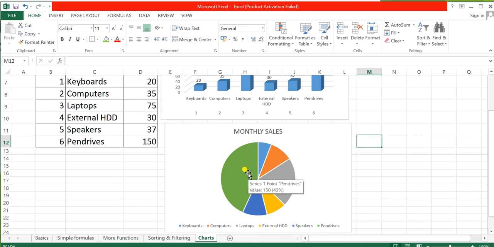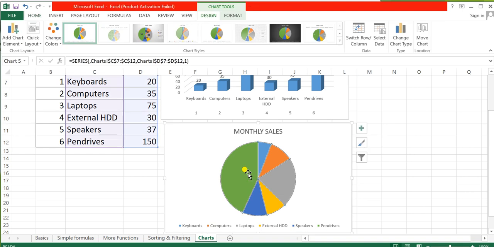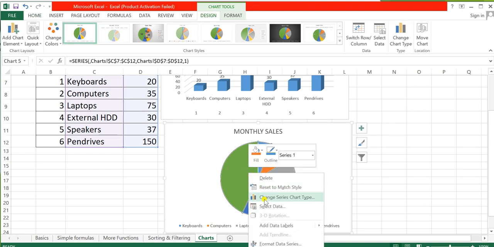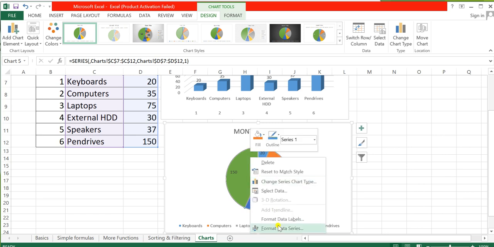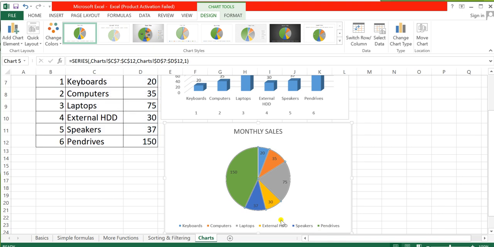If you want to add the labels, click on the chart, right click and say add data labels. You can see that the numbers or the amounts are displayed. If you want to add the particulars like keyboards, computers also in this chart, you simply right click on the chart and say format data labels.